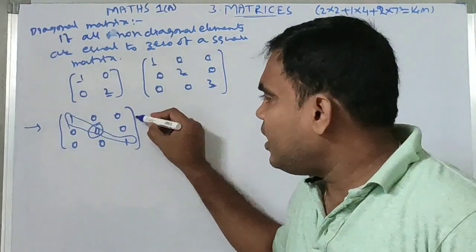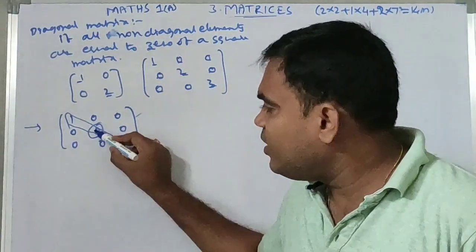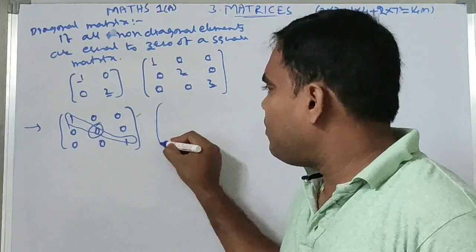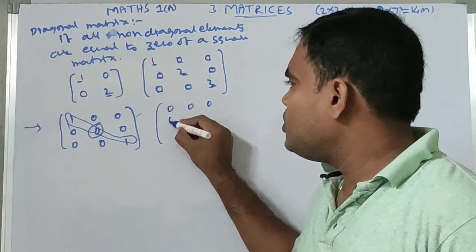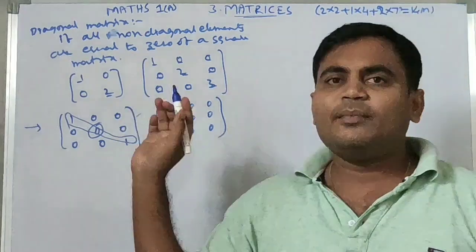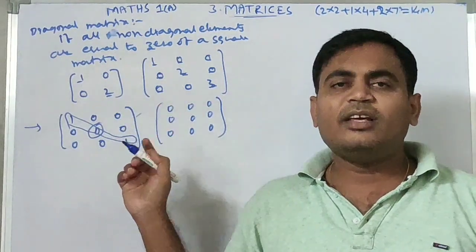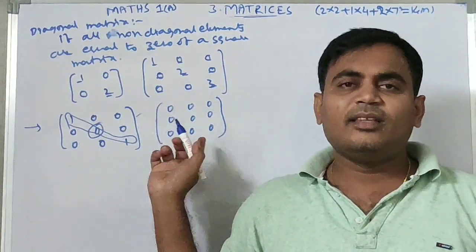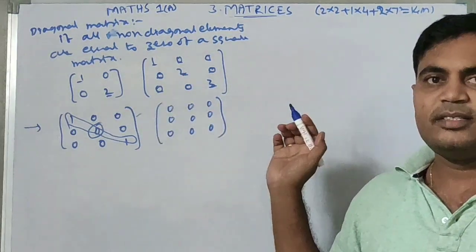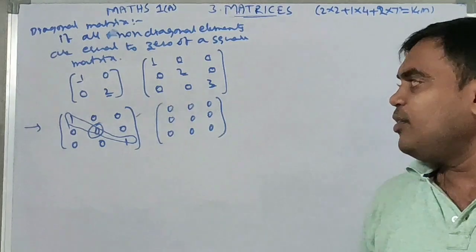So this is the example for a diagonal matrix. If it is 0, even then it is a diagonal matrix. So the best example is 0, 0, 0, 0, 0, 0, 0, 0, 0. So all elements I am taking as 0. It is a square matrix. Definitely it is a diagonal matrix. This is the best example. So this is an example for so many different kinds of matrices. So it may be useful.